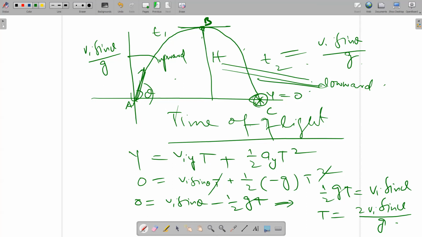If you have any question, you can ask, because these articles are very technical and tricky. We will solve the problems after finishing this article, and maybe next time we will solve the problems of projectile motion, only projectile motion. Then we will start uniform circular motion. So if you have any question, any problem, you can ask.